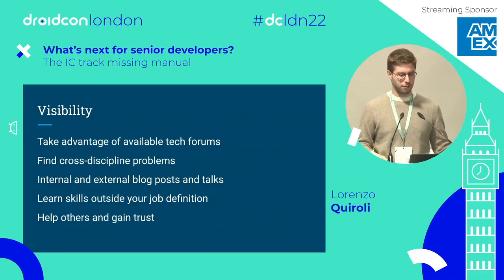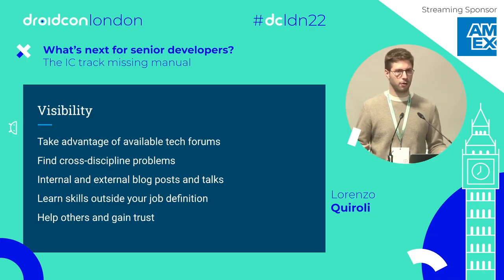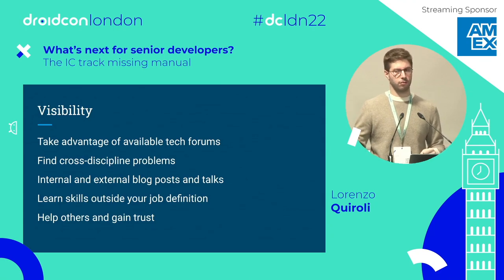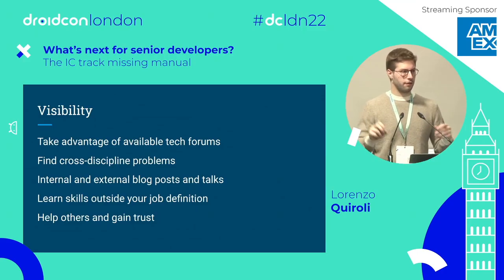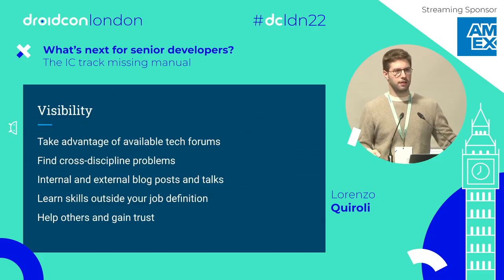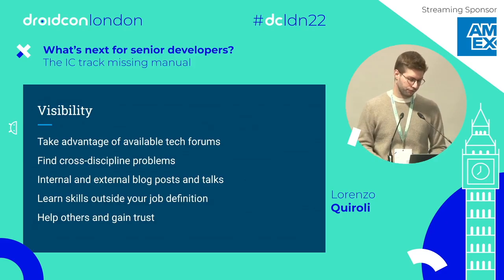Also, finding cross-discipline problems is a great way to collaborate with people you don't usually work with. If you find a problem that is Android specific, do think, is it really Android specific? Does everyone else have the same problem? If it's monitoring, for example, does the iOS team have the same problem? If it does, it's worth raising it with them. You might obtain a problem space that is bigger, that has bigger impact now, and that helps you work with other people and gain their trust.